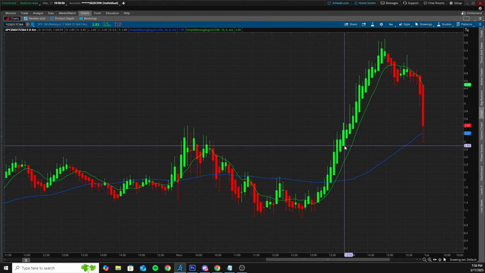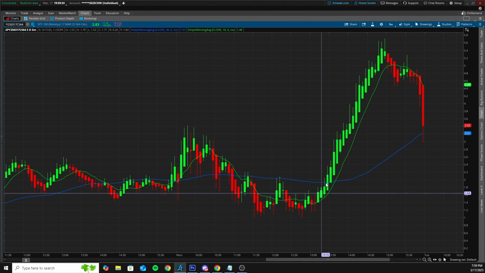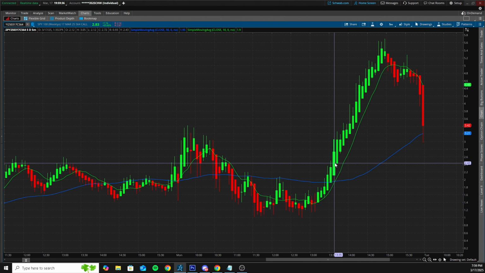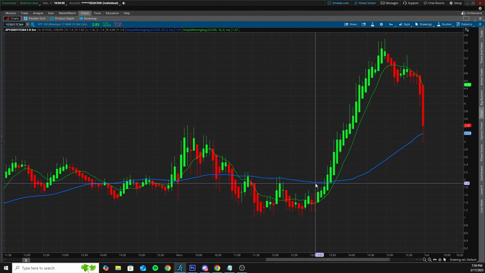So sometimes that will happen. The move will go without you. Sometimes I do get a better entry than what I had, and at that point can't really do anything about it. We just never got the add on this trade. A little pullback to the 10 would have been nice. That's what I was looking for pretty much for an entry, because that's our spot to add. We get the cross, get a little pullback to the 10, I would have added, and we got the move. But that's fine. You're not going to catch every single trade. We were in a neutral market, so it is what it is. I mean, those are the trades you would have taken today.